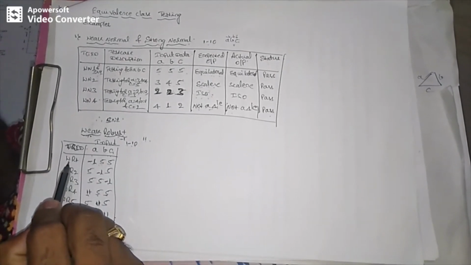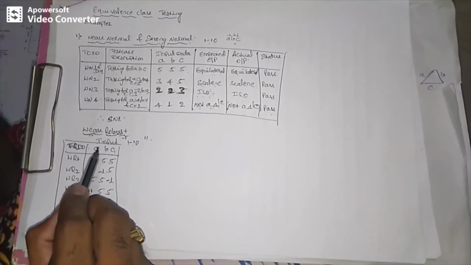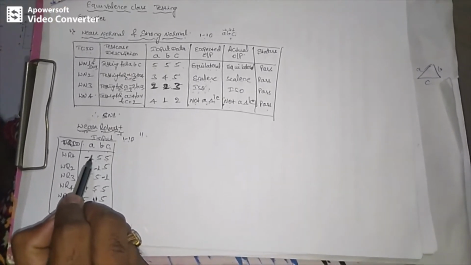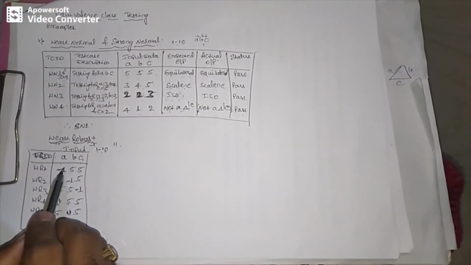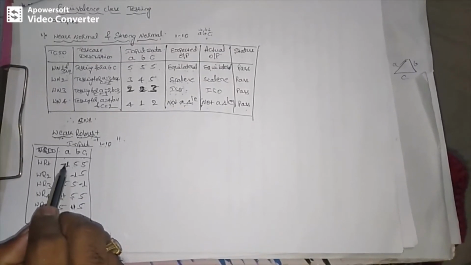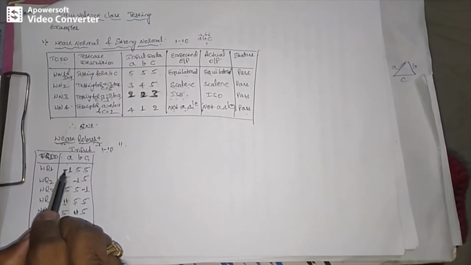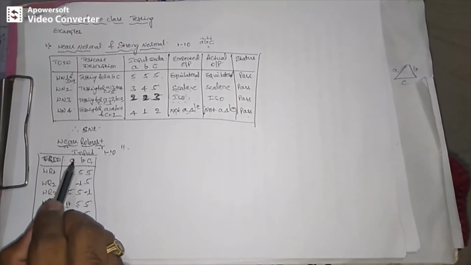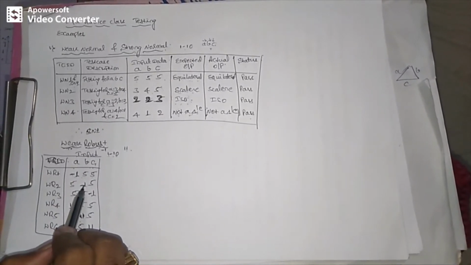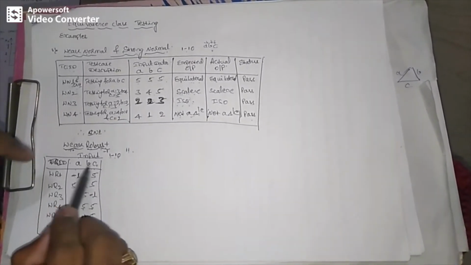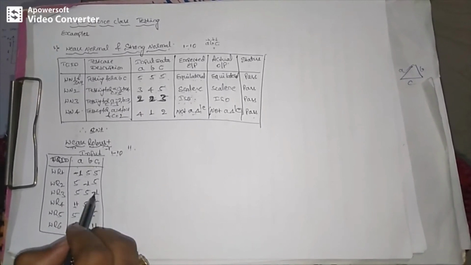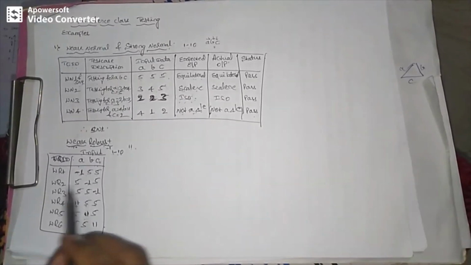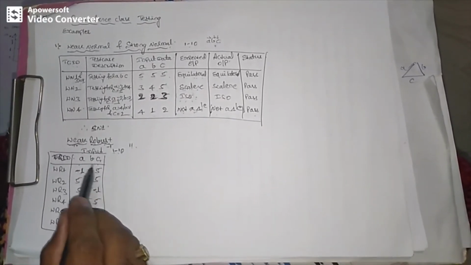Now you can see test case 1: one input should be invalid, a minus 1. So now I am talking about one corner, the lower corner of the input domain. Lower corner is minus 1, the invalid input. This input will be invalid and the other inputs should be nominal. Now the A term is over. Similarly, next time B is invalid and the other inputs will be nominal, and next time C will be invalid and the other two inputs will be valid, but the value will be nominal. This is the one corner of test cases we have covered.